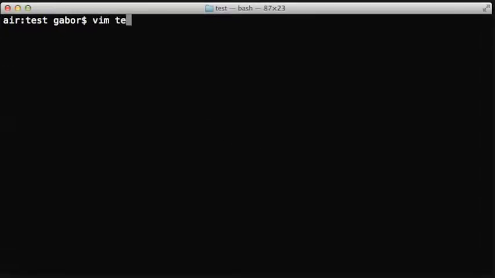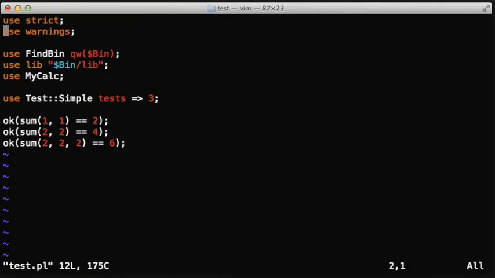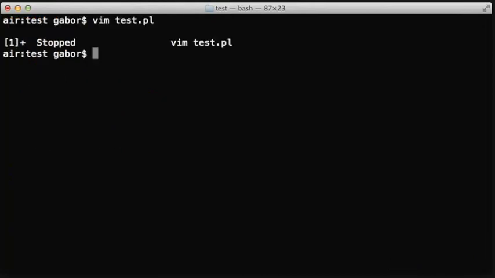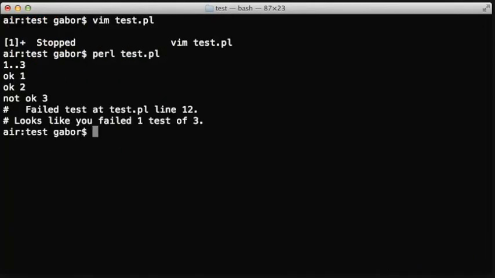In the previous video, we saw how we wrote a test and how we started to use Test::Simple. Now that we are actually using the ok function from Test::Simple, we can remove the parentheses around the parameters of the ok function, because we are already importing it before using it. And we can run the test, and as you can see in the test run,